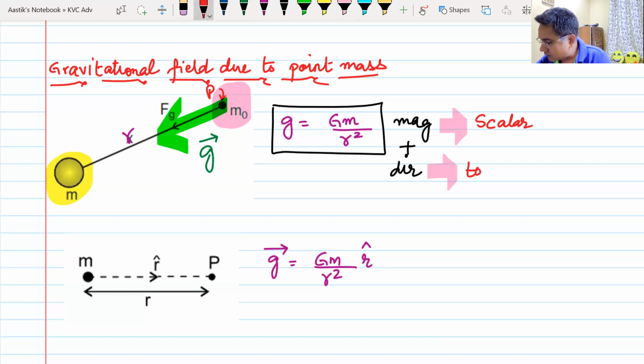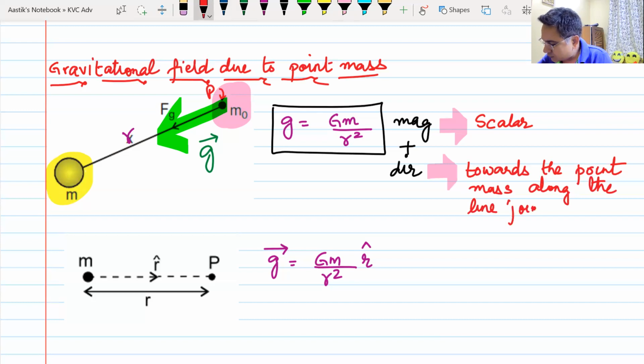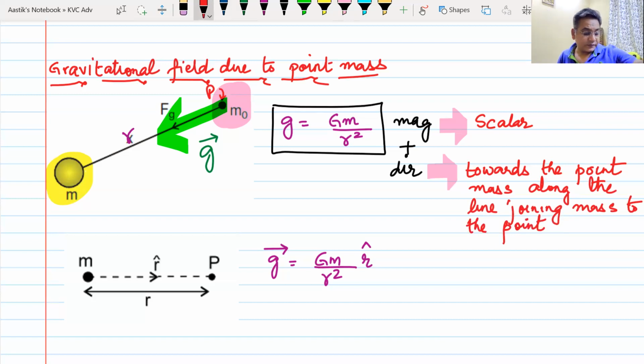It is directed towards the mass, towards the point mass, along the line joining mass to the point. So I will have to join the mass with the point with a line, and it is